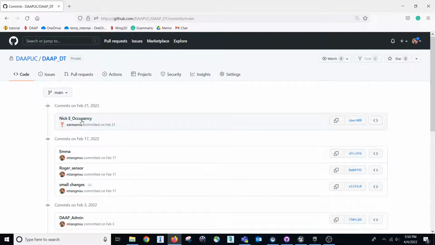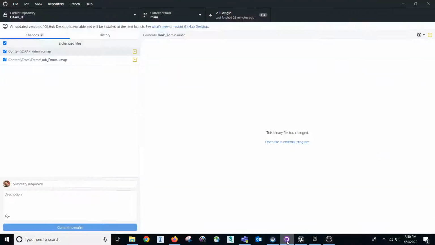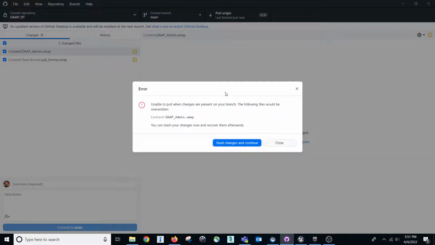So I like to synchronize my current version to this version online. So what I will do is go back to my GitHub desktop, and here I can pull the origin. Just make sure you have this current repository, and I click pull. Then you can go ahead and synchronize. This could happen quite often if there is a conflict between the online file and the local file. Sometimes you will see this warning. This is because if you go back to